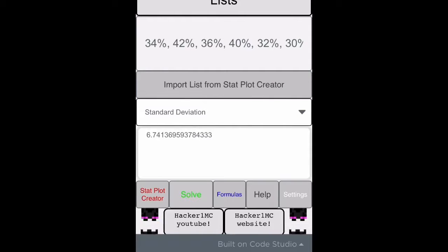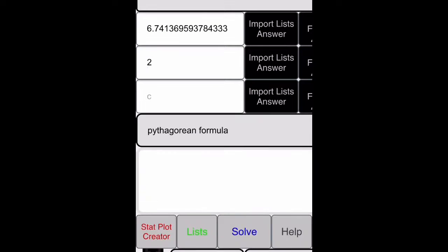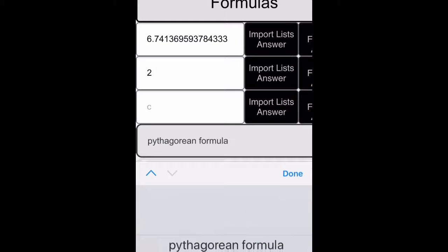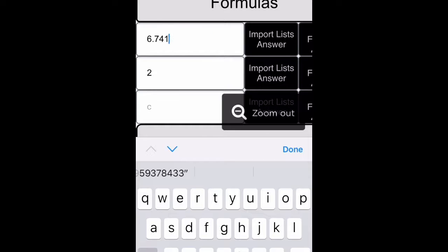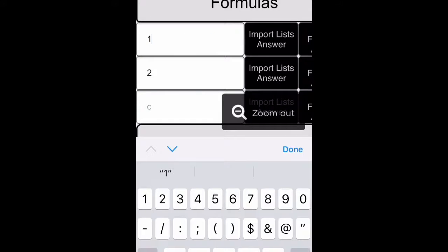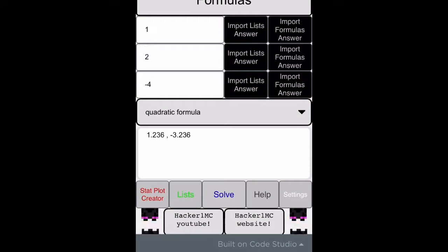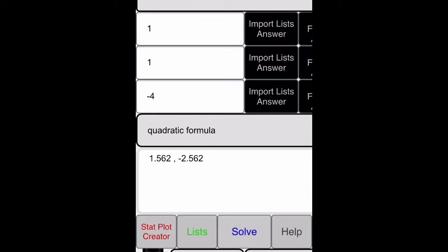The next app is Formulas, where you can input from either lists or the formula's answer itself, and then you can go through using all my different formulas, such as the Pythagorean formula taking 2 legs of a triangle, getting the hypotenuse, must be a right triangle, and you could also use the quadratic formula, of course. You can also use other formulas. There are many there,